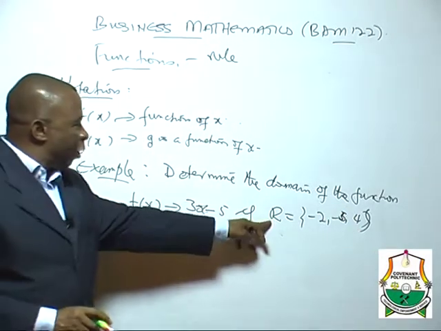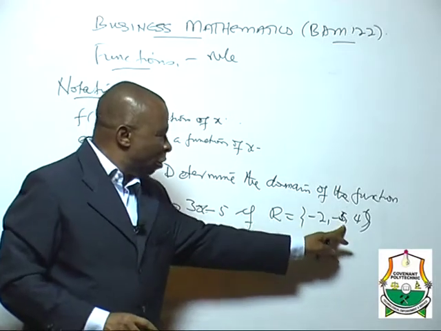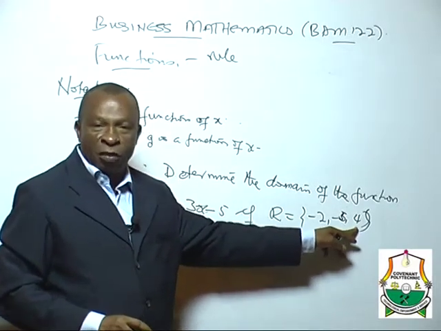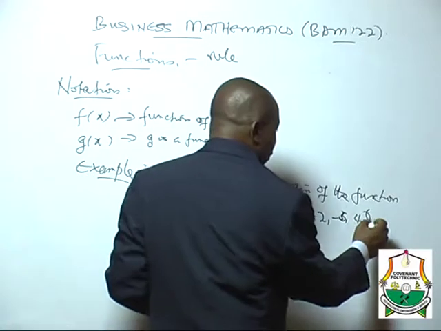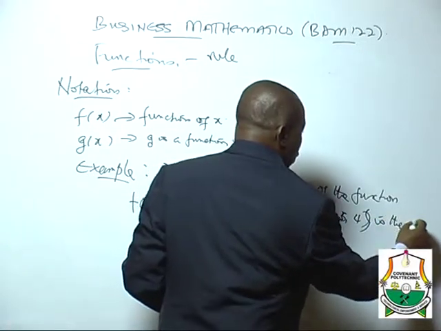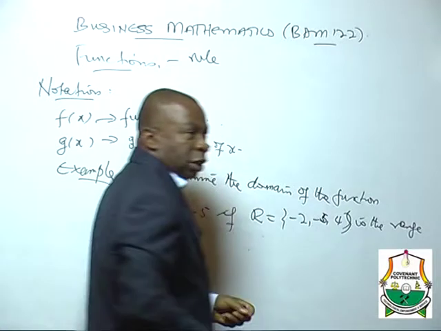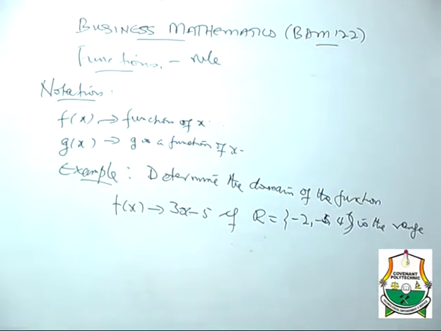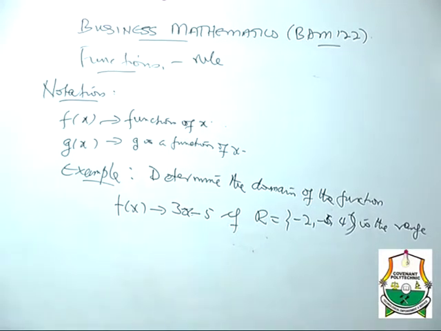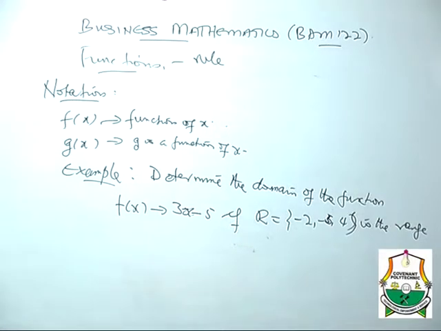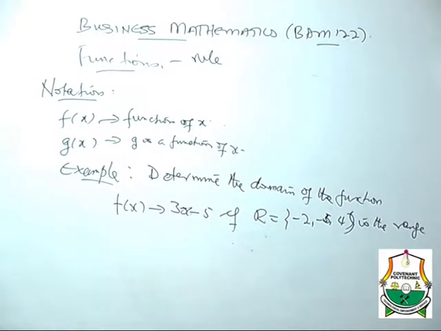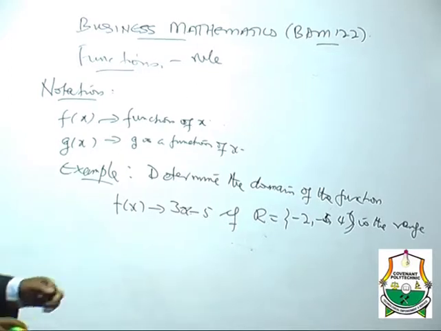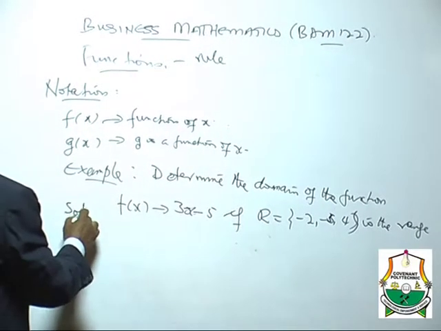When this r equals minus 2, minus 5, and 4, it is the range. That's the important word. Is the range of that value defined on D. So what we need to show is that this 3x is part of the solution,